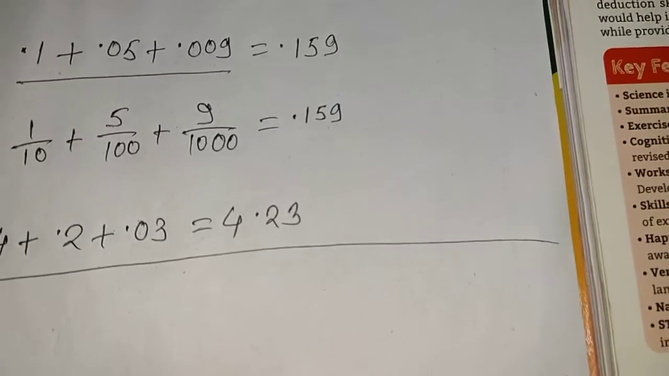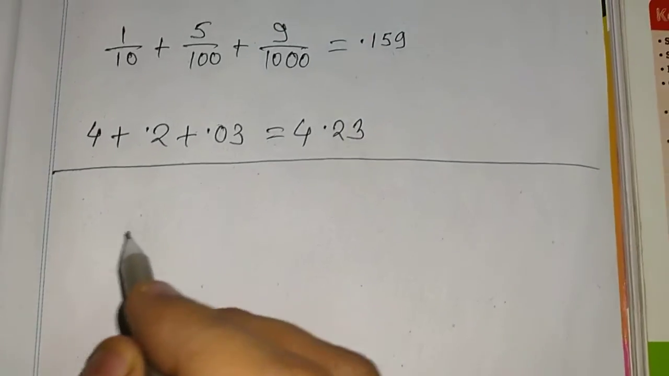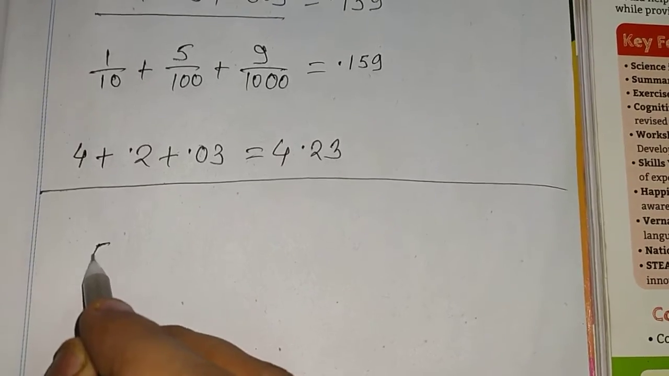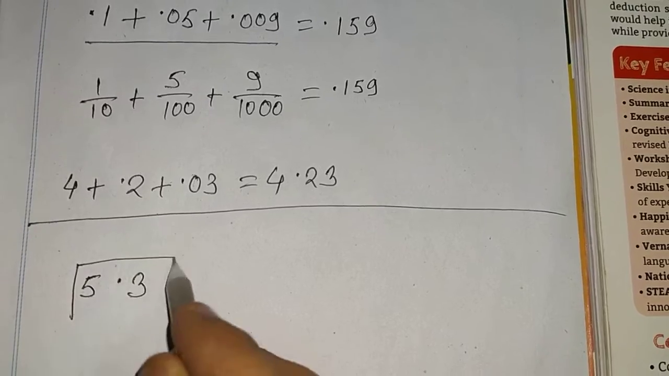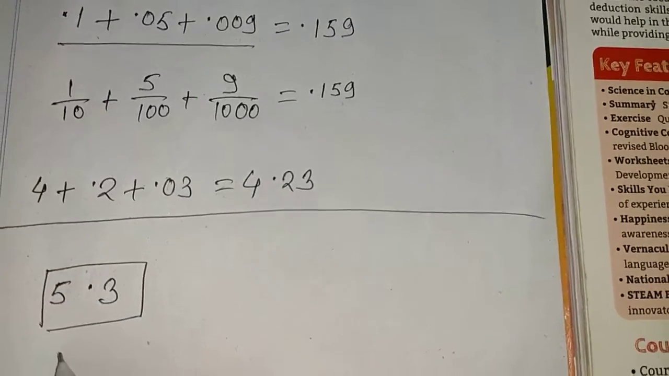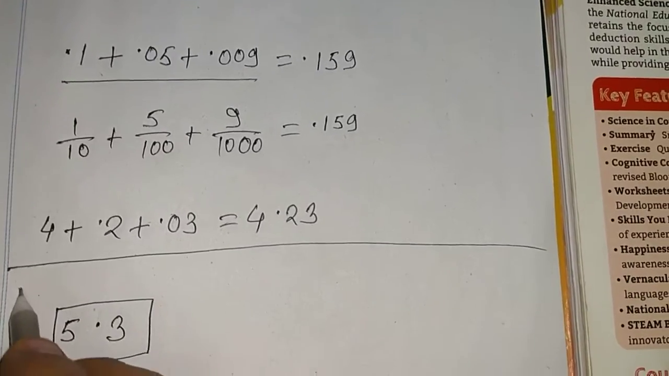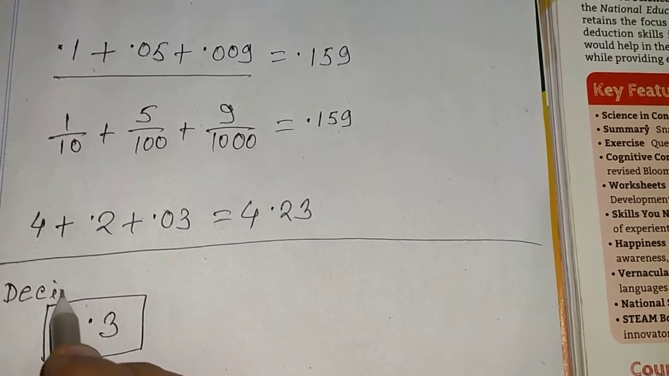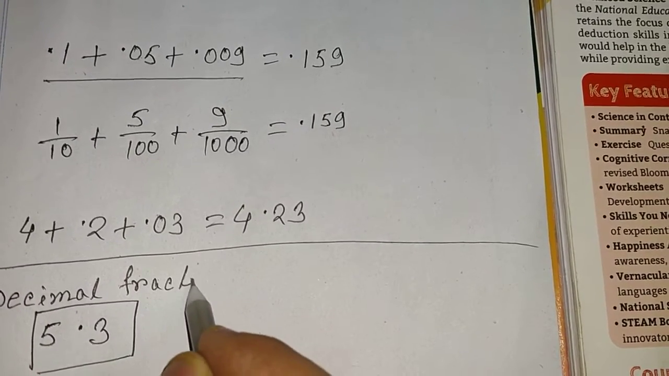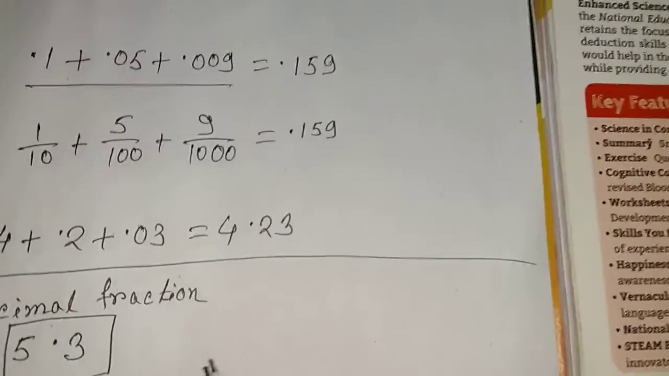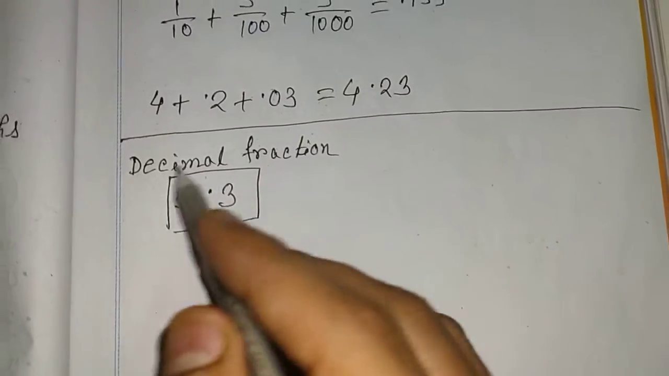Okay, now look at this number, 5.3. It is a decimal number. We call this number a decimal fraction. In this number,